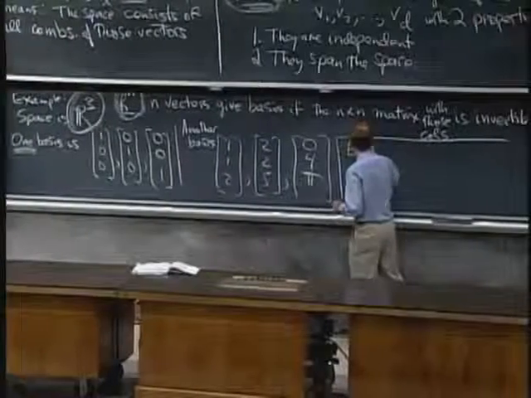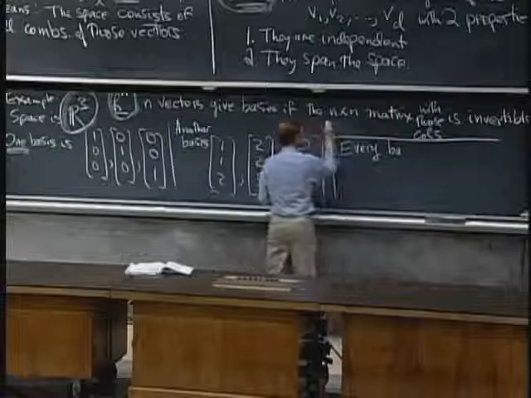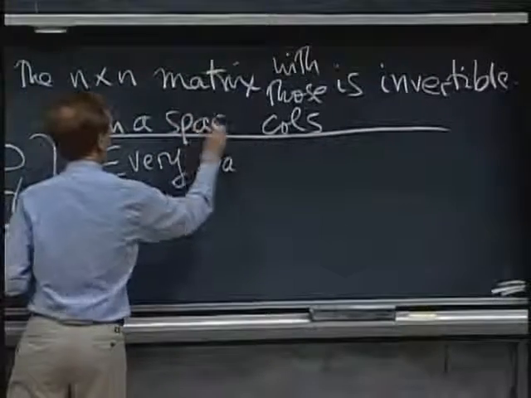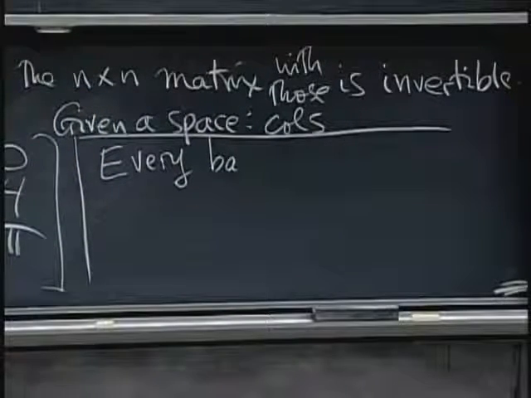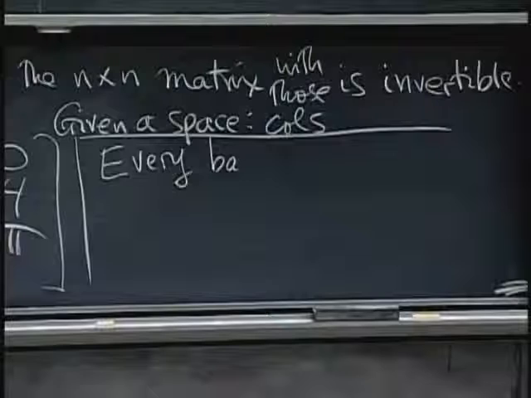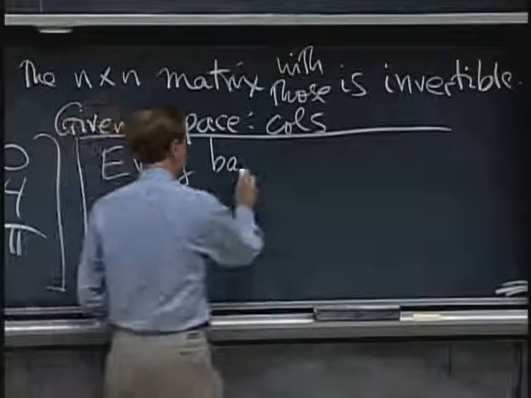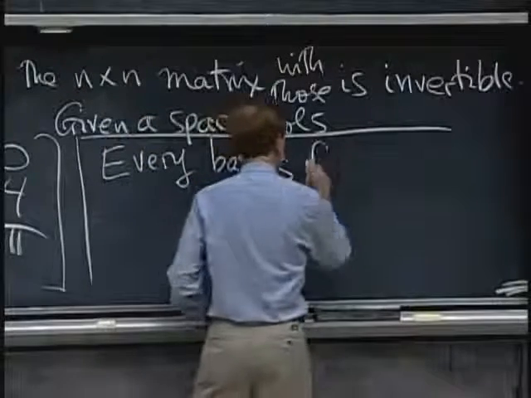Every basis, we're given a space. R3 or Rn, or some other column space of a matrix, or the null space of a matrix, or some other vector space. Then the great fact is that every basis for the space